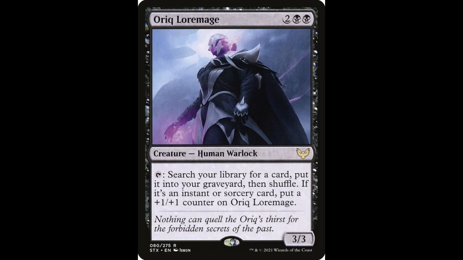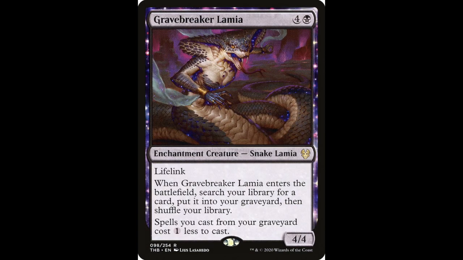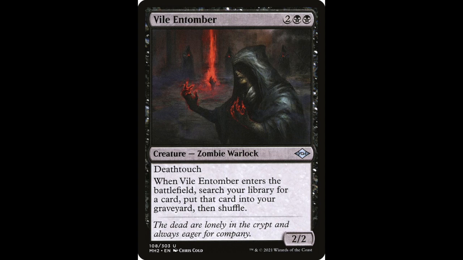Anrakyr allows you to recur things from your graveyard as well as hand, so tutoring to your graveyard is a good way to set things up for turns later. We have a lot of these effects to choose from, such as Auric Loremage, Gravebreaker Lamia, which also has lifelink, Vile Entomber,